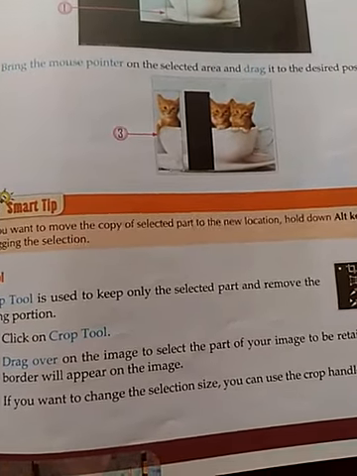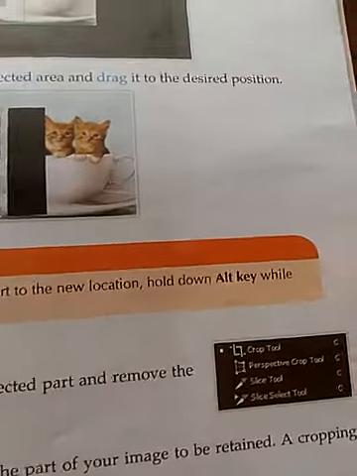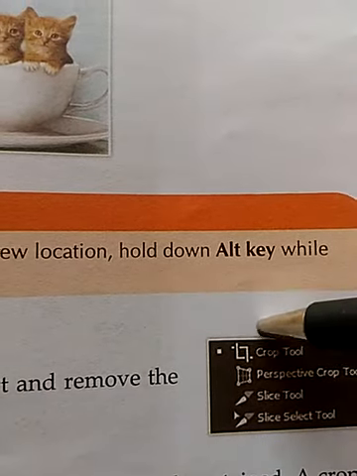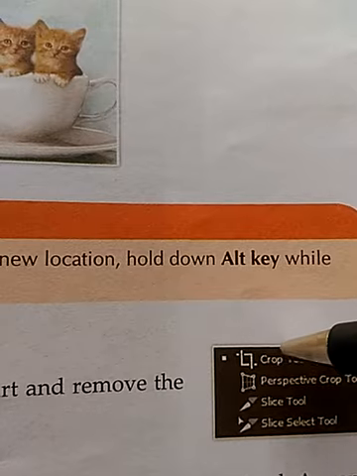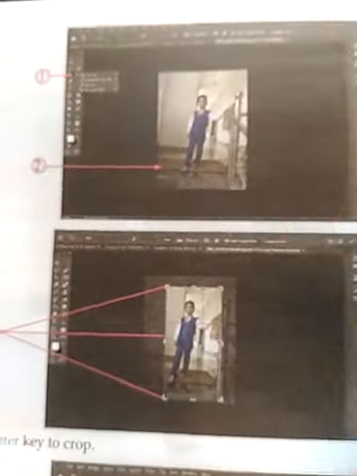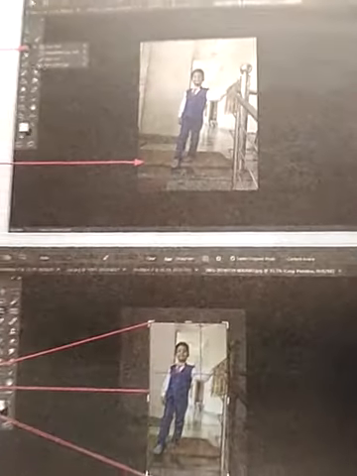You can select the crop tool here. This is the symbol for crop tool. If you click on this crop tool, it will help you to remove the unwanted portion which you don't want to have in the image.